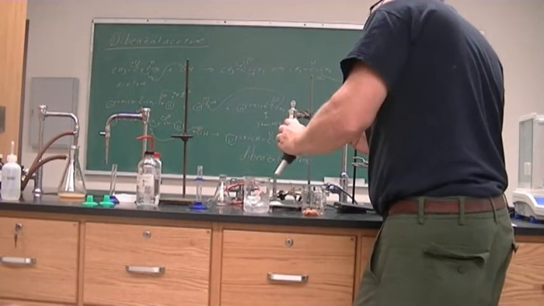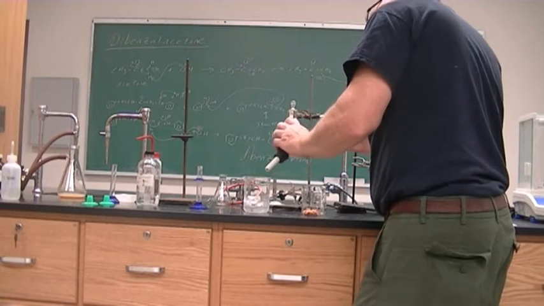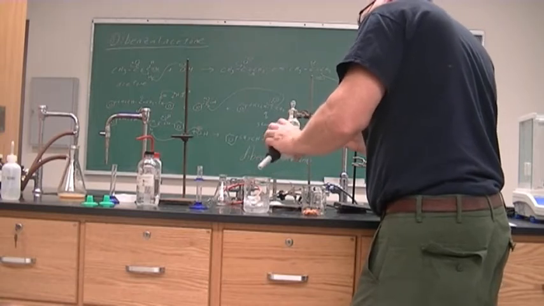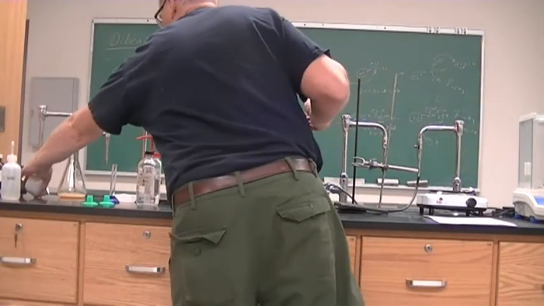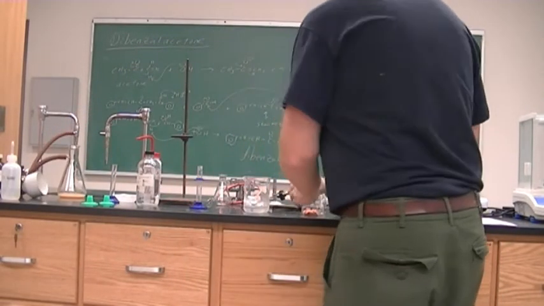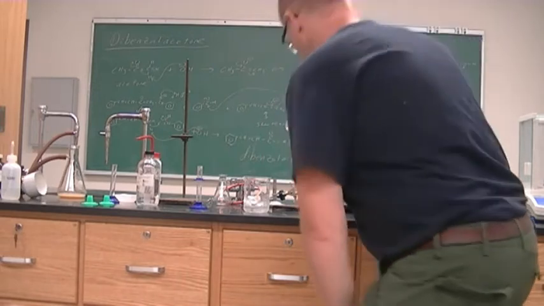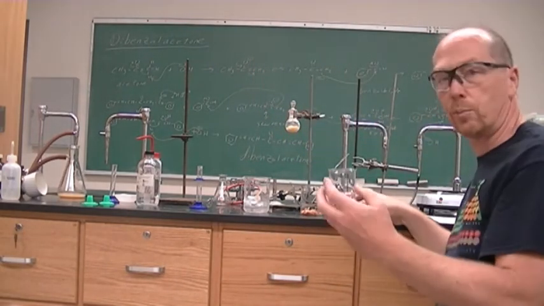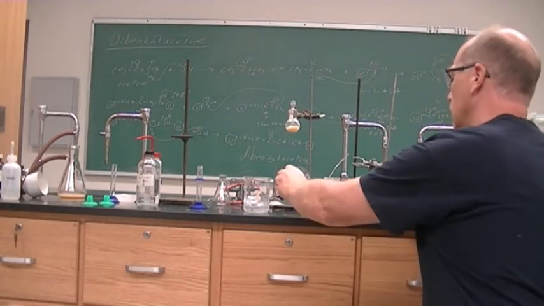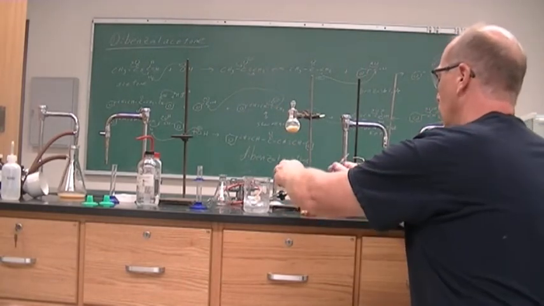Again, I'm not going to weigh it because I can visibly tell that it is a wet product. Alright, and so I have my ethyl acetate, and then I'm going to add small amounts of my ethyl acetate until I have dissolved